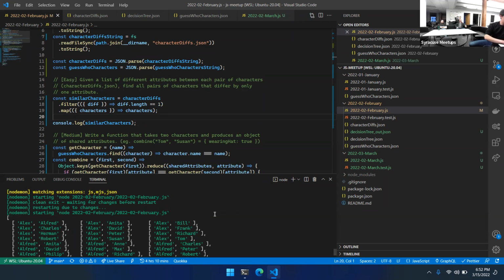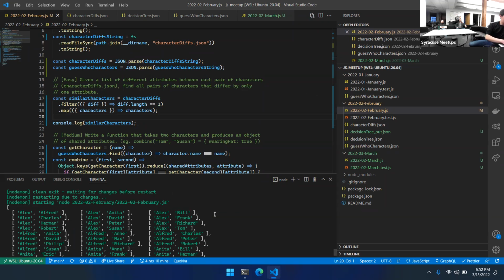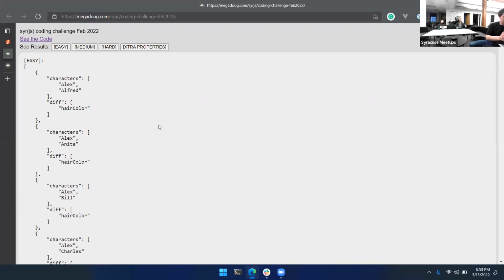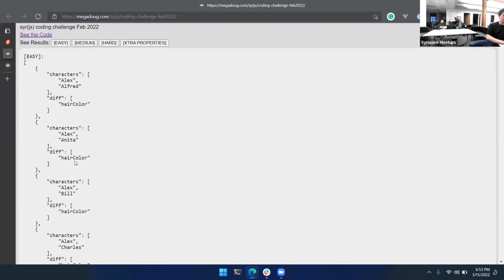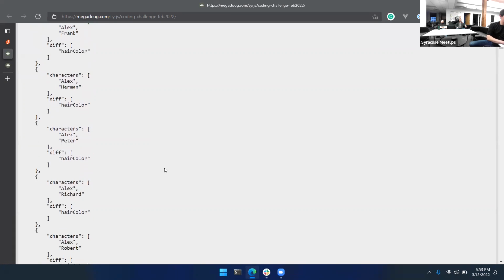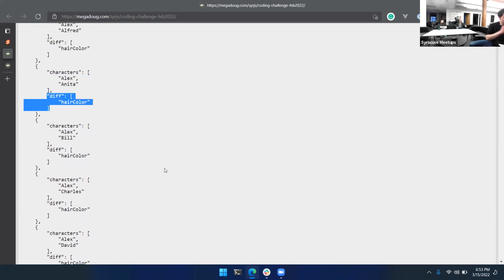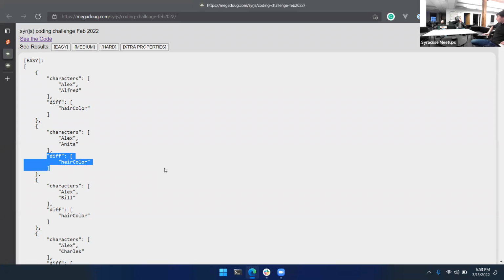So this is just the names that differ by only one attribute. I believe in yours, it's the same thing, except you have the diff as well. But if we see here, all of the diffs should only have one attribute, which it does. That's great. I think we had actually talked about this last week about the difference between using a map and